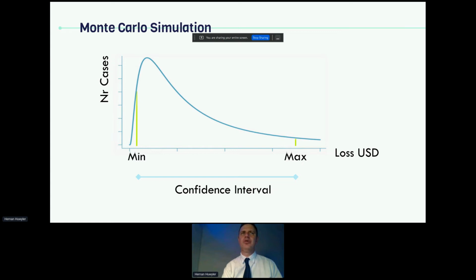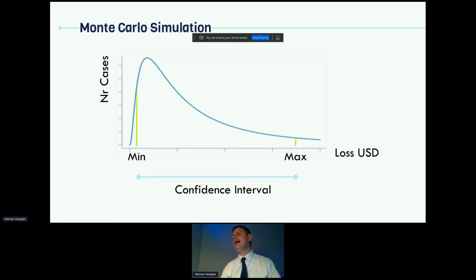When it comes to Monte Carlo simulations, we need to assess the minimum and maximum values. Whether they are number of records, cost, or downtime, it doesn't matter. You can choose here what you want to populate in the model. But at the end of the day, you have a confidence level.